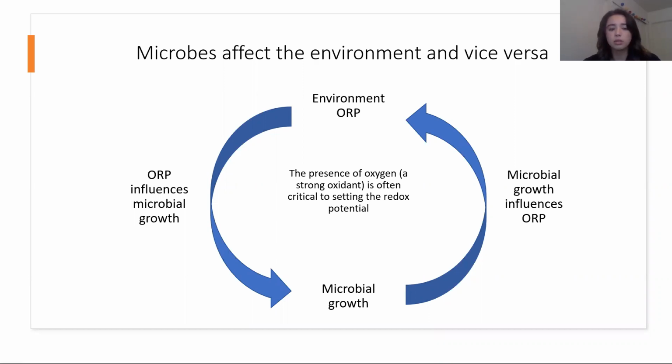This slide shows the cyclical relationship where ORP influences microbial growth, and microbial growth influences the environment from the compounds they're producing, from metabolism and in response to the solution. So the initial conditions are important to consider in how the fermentation might proceed. If the initial nutrient ratios, metal ratios, pH, etc., set the stage for a low redox, the yeast might respond by driving the redox low, which could then cause H2S production, other reductive qualities, and stress protection in the yeast, since the environment is now more difficult to ferment in.